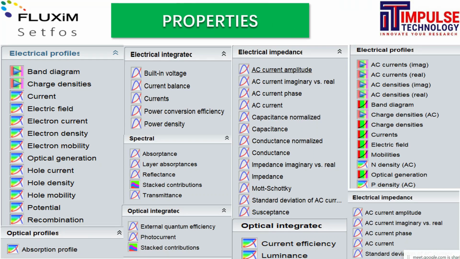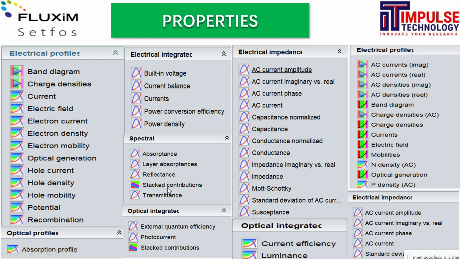Now the next one is property. What kind of property can you predict? Basically this software is useful for electrical, optical, and electrical impedance property calculations like band diagram, charge density, electrical field, potential, recombination, absorption rate, voltage, power conversion efficiency,